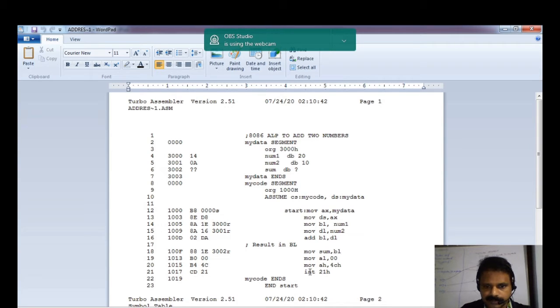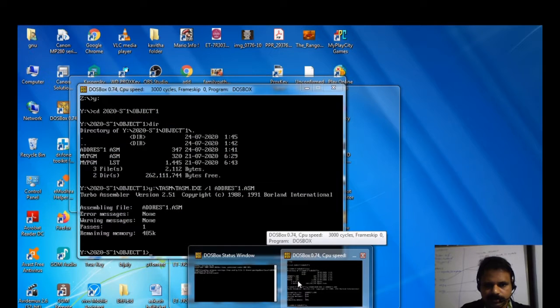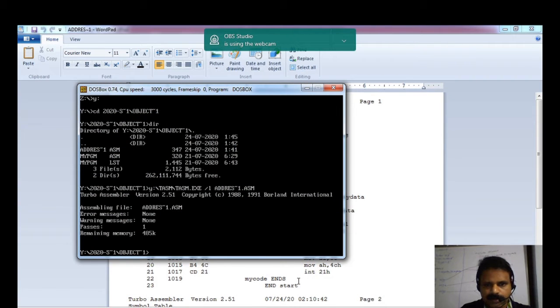And one more thing, you don't need to think that you need a debugger to watch the output of an assembly language program.